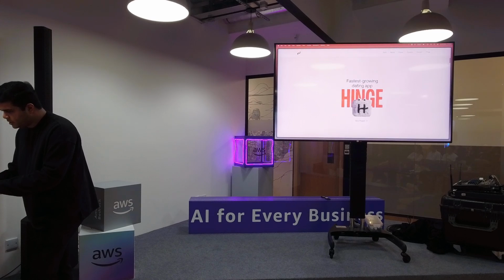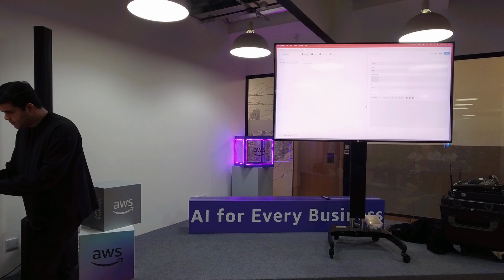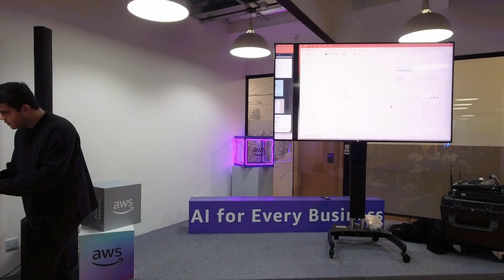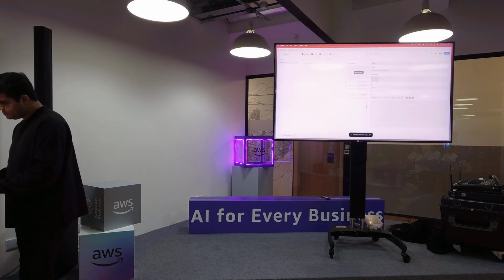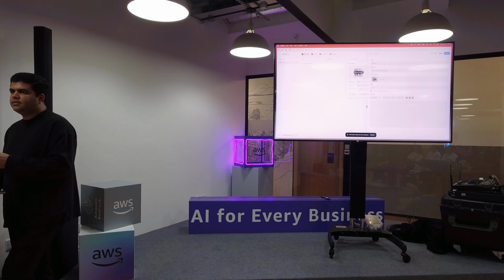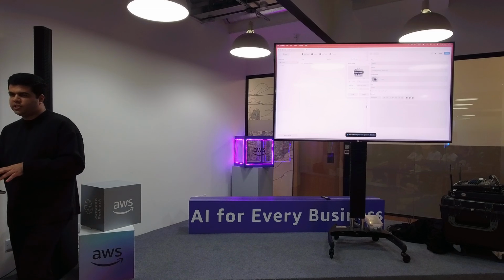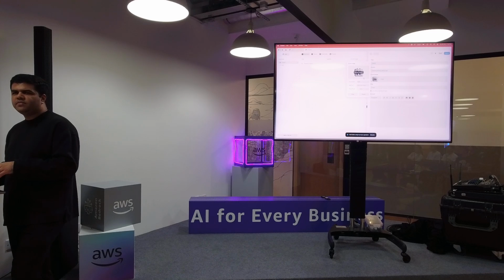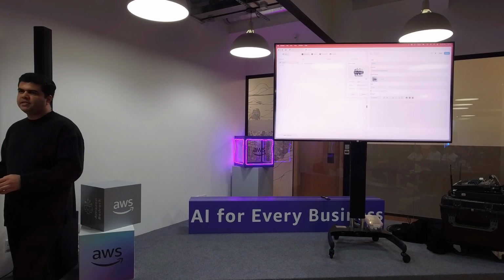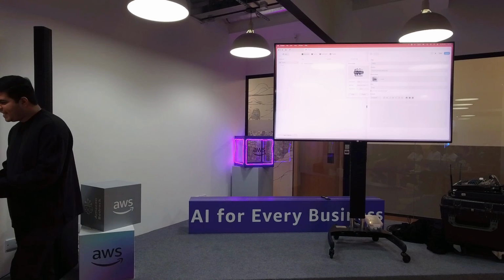Let me just copy two of the projects. So Hinge, let's see, wrong spelling, and then this is the fastest growing dating app. And I'm gonna get this photo, paste it over here. And by the way, Framer is very powerful in that they work on a lot of technologies to speed up your website. One of them is compressing our image and turning it into AVIF form. I'm not sure which format it is, but all I know is that it's a very lightweight image file.